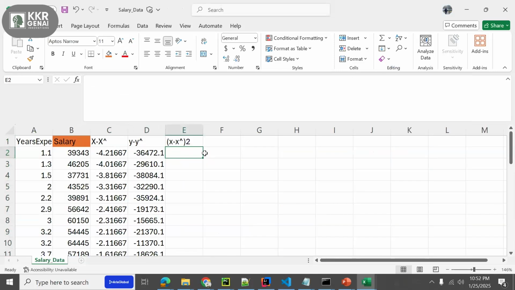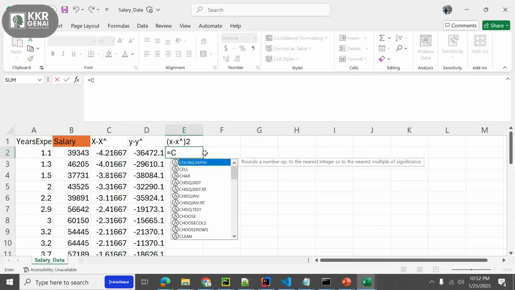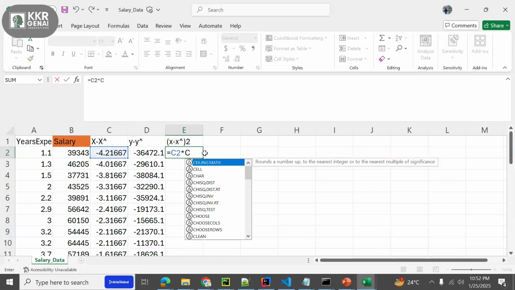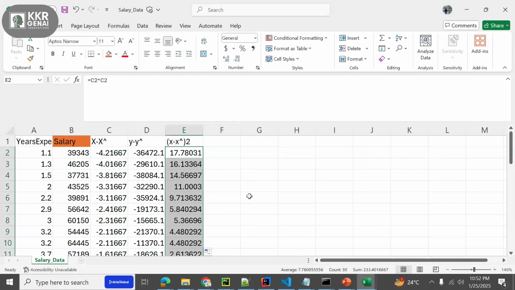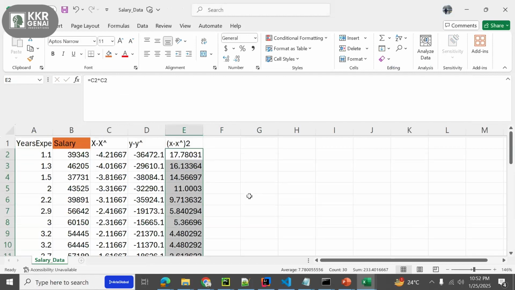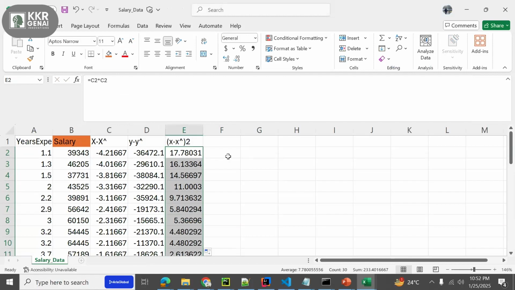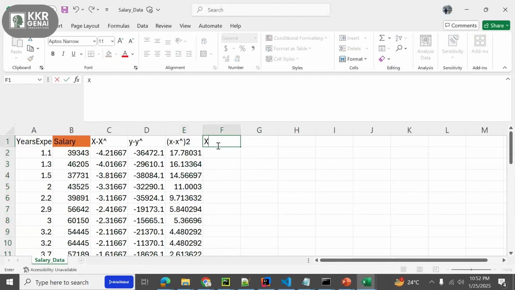Yeah, c into c, c2 into c2. Okay, let's see. So now we got the x minus x square as well. Now let's calculate. So first I'm calculating the first value of x minus x into y minus y, because now I got x minus x and y minus y as well. Okay, so let's implement